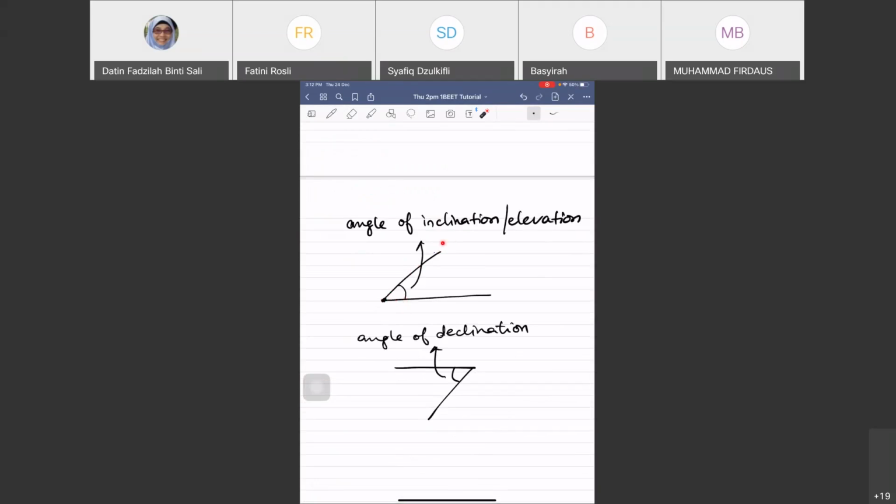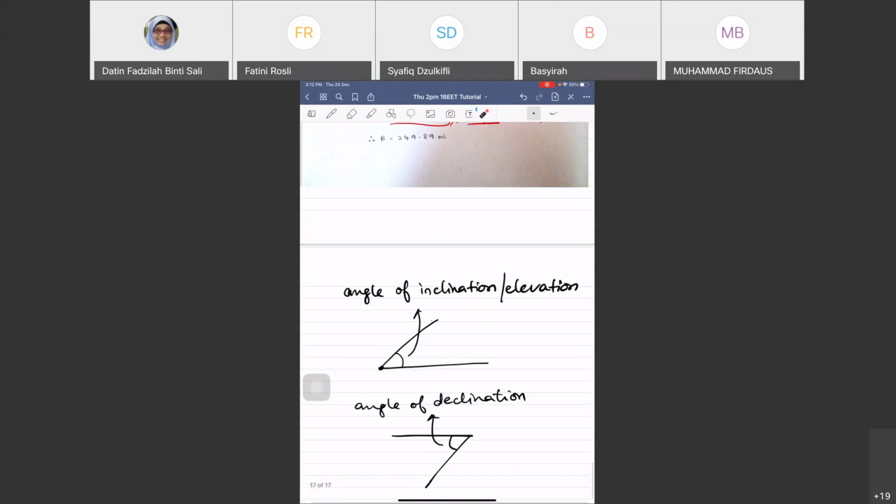Okay, looking at the top, or something like that. From the ground looking up. This is from the top looking down. Okay, but question 11, they mentioned